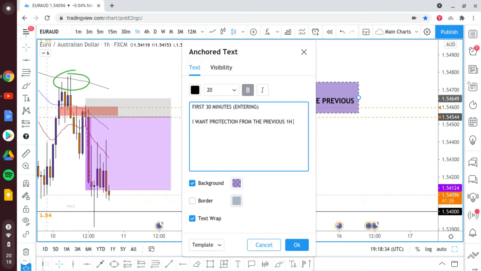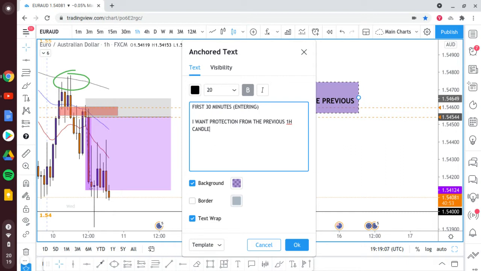I don't care about the lower time frame structure as such, because you can get fake outs and break backs, you can get slight pushes in the opposite direction, and I don't want to micromanage my trades as much as possible. I want to just give them a bit of room, slightly alter the risk to reward, and just be more relaxed with trading, rather than, oh, it's going in my direction 5 pips, oh, it's coming back,